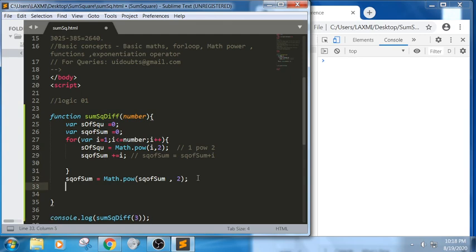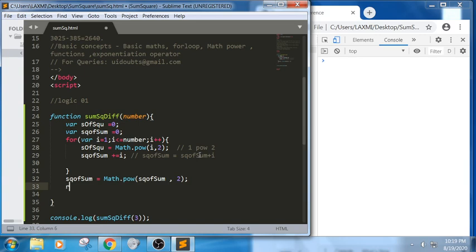Next it will try to increment again. For the next for loop it will have 2 power 2, and here it will have the value from the previous iteration, like 1 plus 2, so it will increment. Later on it will keep incrementing this value here.